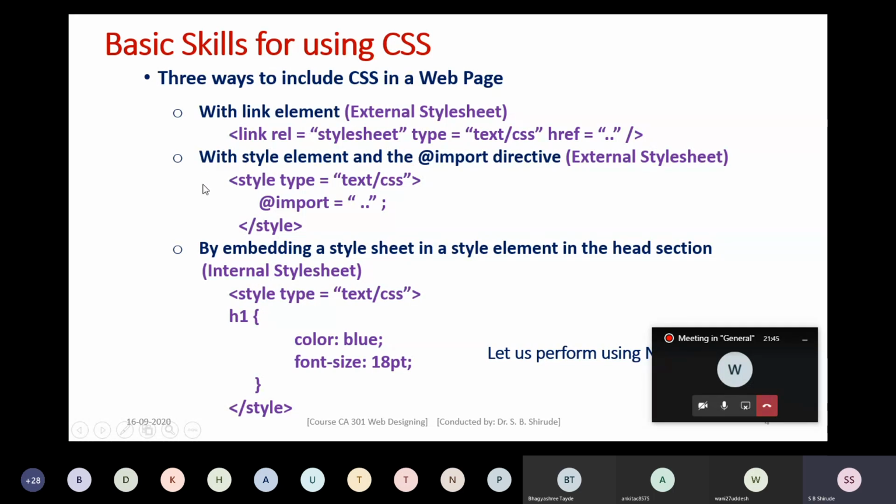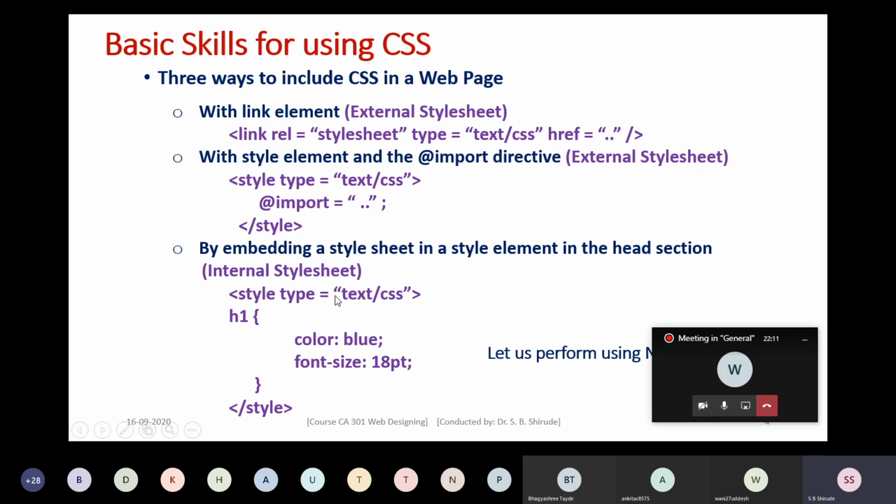These two options that we have discussed, making use of the link element and making use of the style element, are both called the external style sheet. And the third one, the internal style sheet, is that in the head section, or in the body section also it works, you make use of the style element.